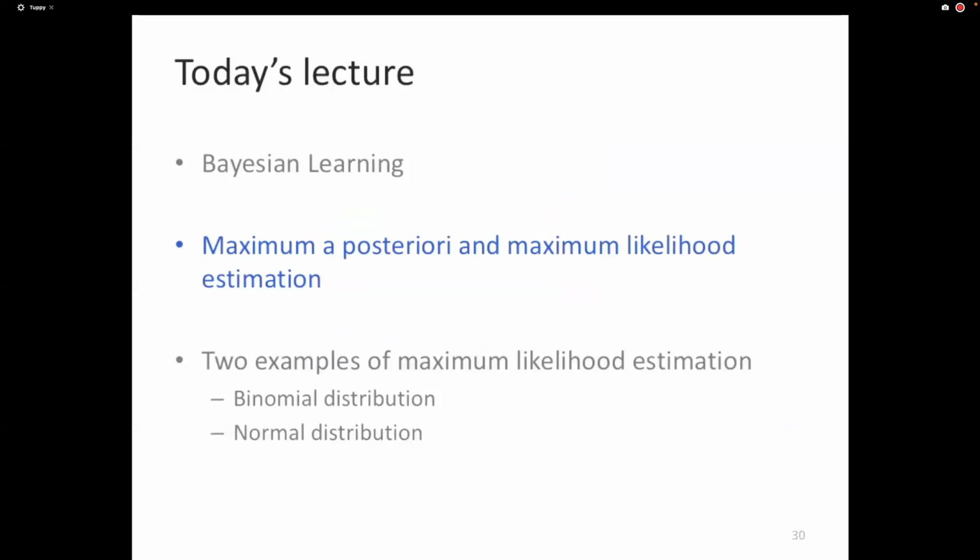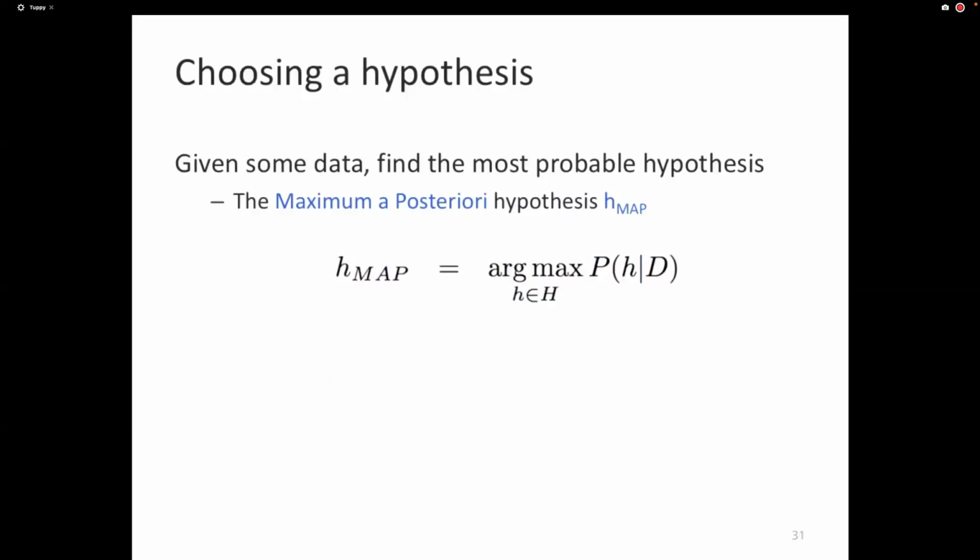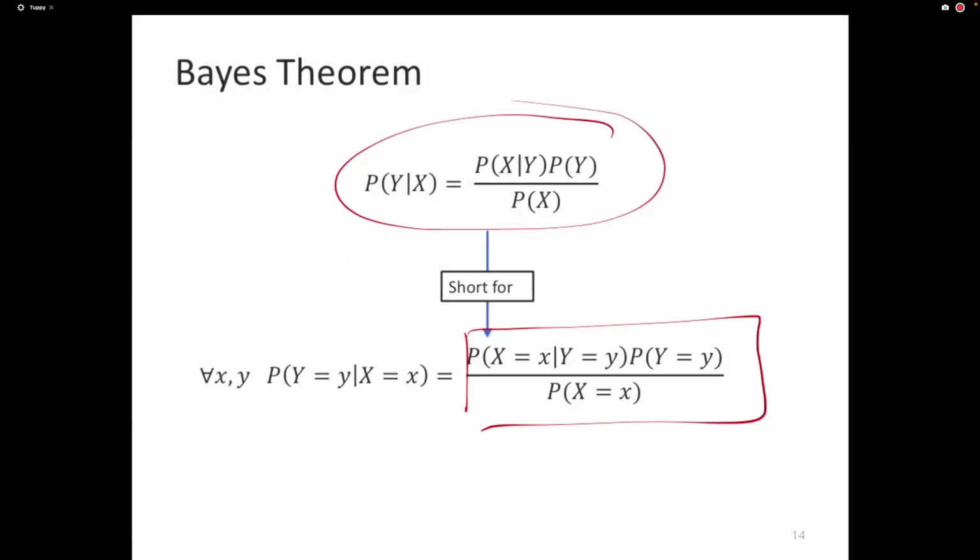Okay, so let's now look at these 2 criteria for learning: the maximum a posteriori and the maximum likelihood criteria. The maximum a posteriori hypothesis, which is a very complicated phrase to say, so I'm just going to say MAP. So the MAP hypothesis is simply the most probable one. The most probable hypothesis given the data set. So what we do is among every